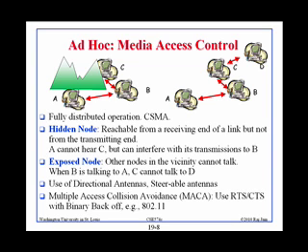The second thing is the exposed node. When C is talking to B, D cannot talk. Right? Because the media is busy. So D is exposed by C's transmission. Use of directional antennas or steerable antennas actually helps. Basically, if C has a directional antenna, then when it is talking to B, D will not be exposed. And a steerable antenna basically means that you can change the direction.